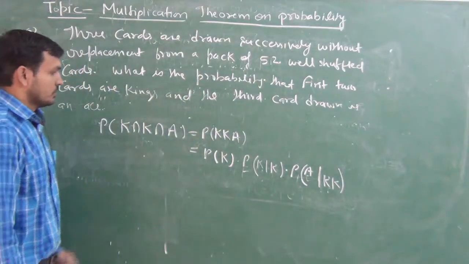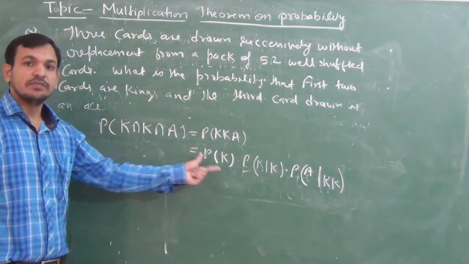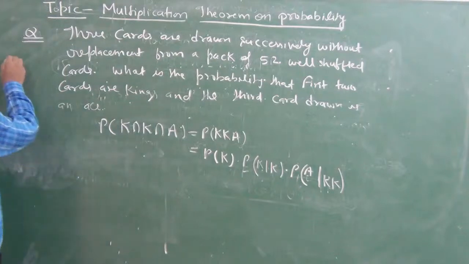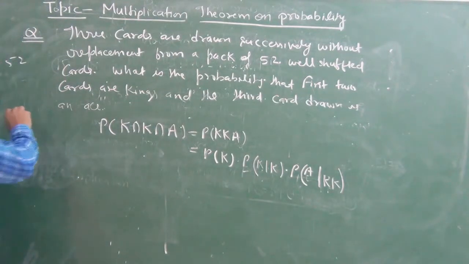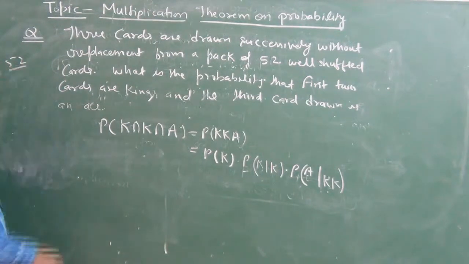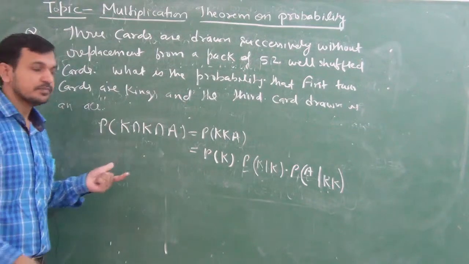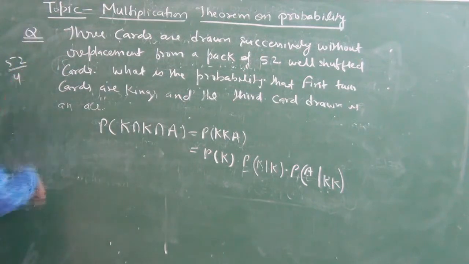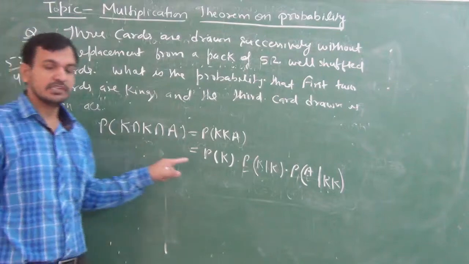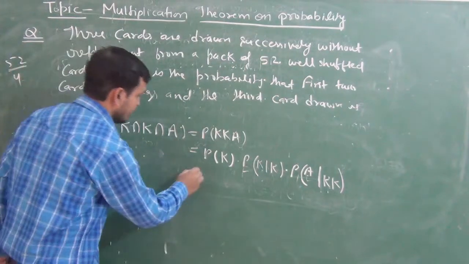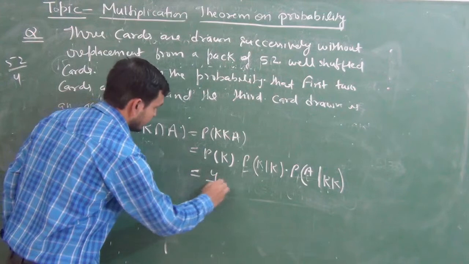Clear? So we have a total of 52 cards, and out of 52 cards there are 4 kings. So the probability of getting the first card as king is given by 4 by 52